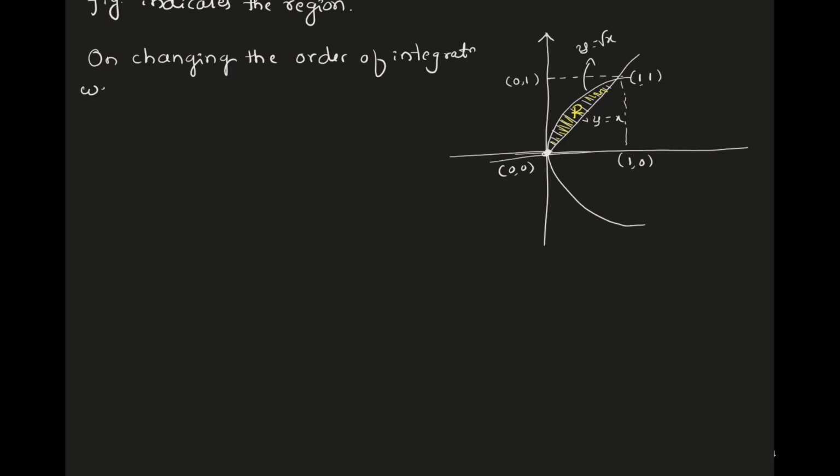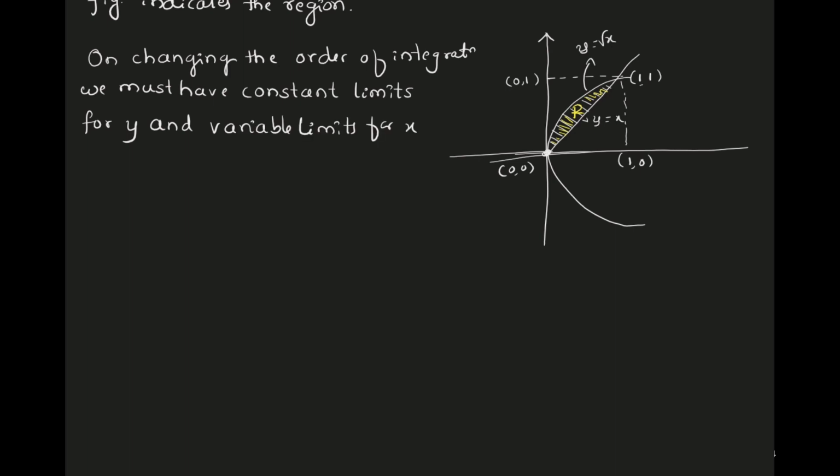We must have constant limits for y and variable limits for x. Okay, now from the figure we need to figure that out. So from the figure, how do you change the order now? From the figure,